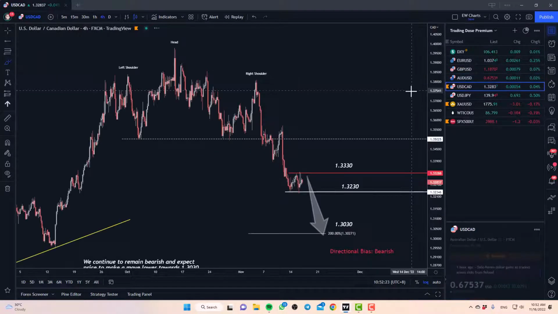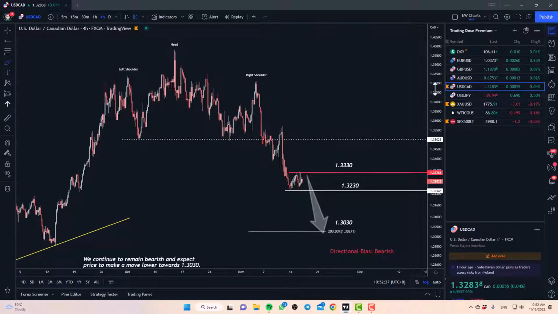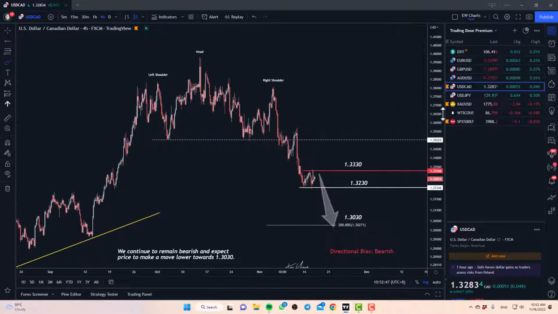Okay. Now, in terms of dollar CAD here, today we might get a potential setup in line with the evening Canadian CPI data. So I think you know that right now CPI is important because it deals with inflation, and basically all the banks are looking at inflationary data. So it's going to create some kind of volatility, right? And the overall time frame structure over here on the Canadian dollar is to the downside, right?